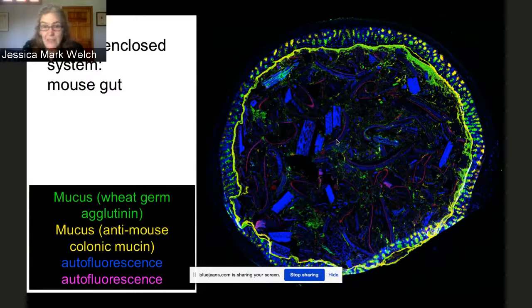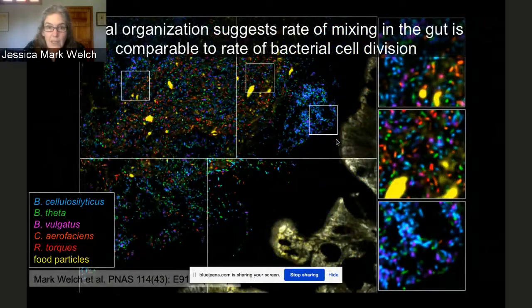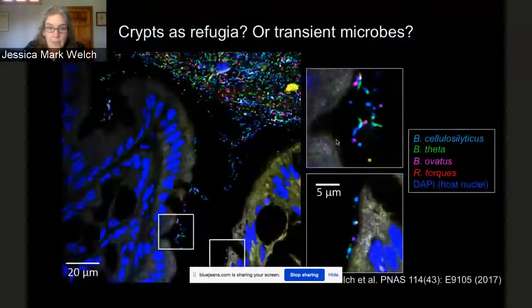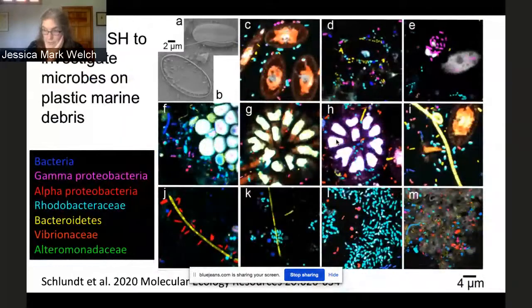Okay, yeah. So that's what I can tell you about the mammalian microbiome, and then I'll just mention that these same methods can be used to study your favorite microbial community, whatever it might be. And I have 2 slides here of examples. So this is a study that we published just this year on using CLASI-FISH to investigate microbes on marine plastic debris. The